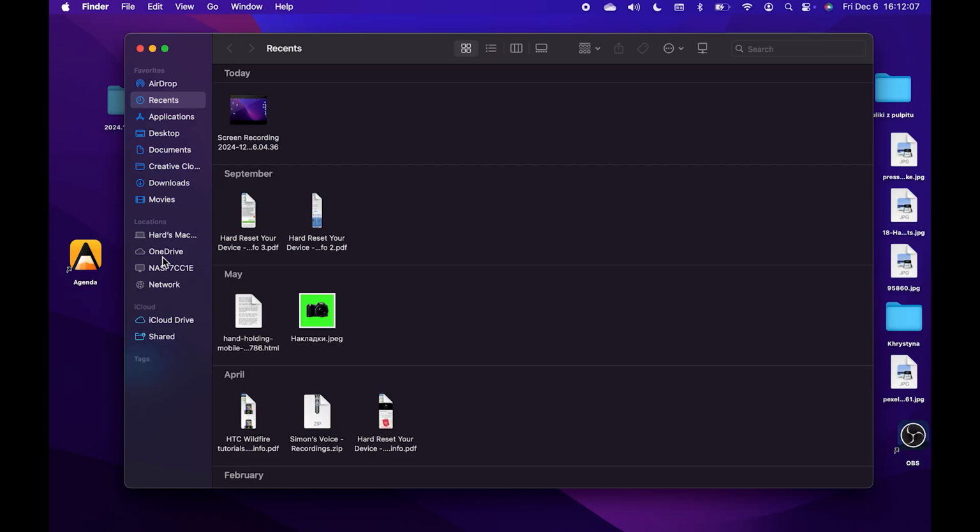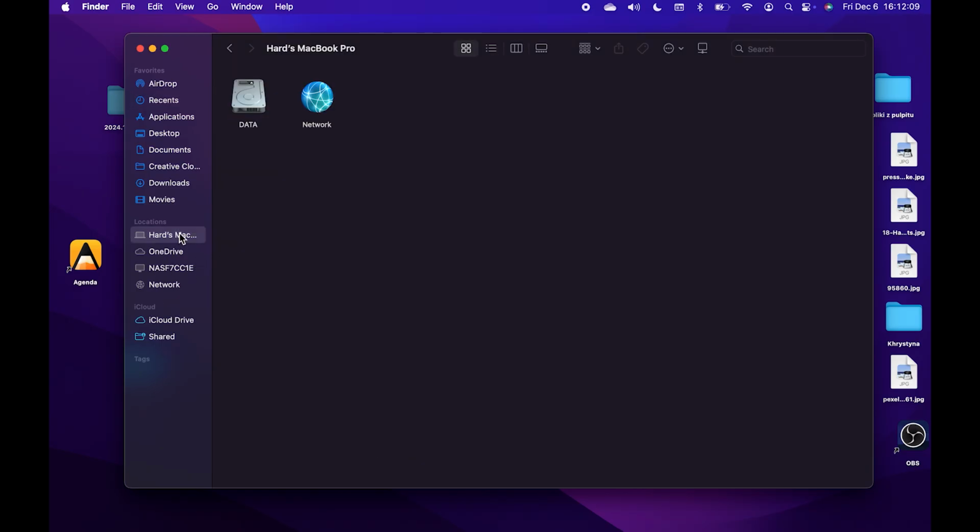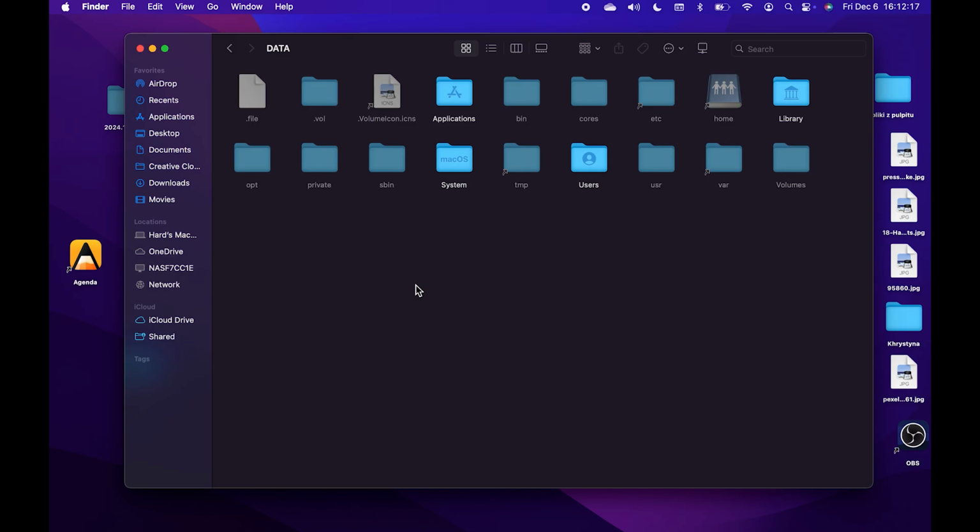Now open any folder, like I'm gonna just open my disk, and then click on Shift, Command and period key, and you can see that all of the hidden folders have appeared. Now you can access them by clicking on them,